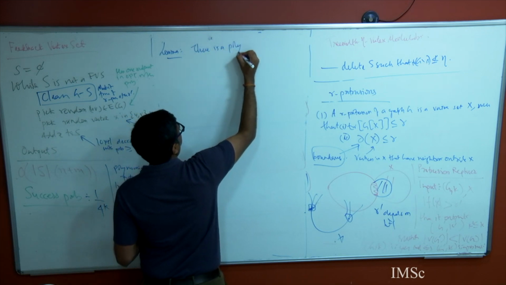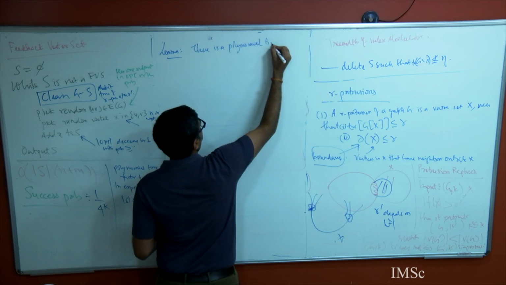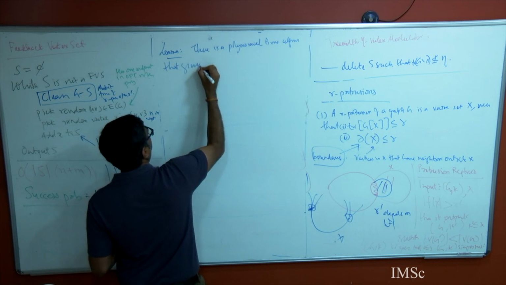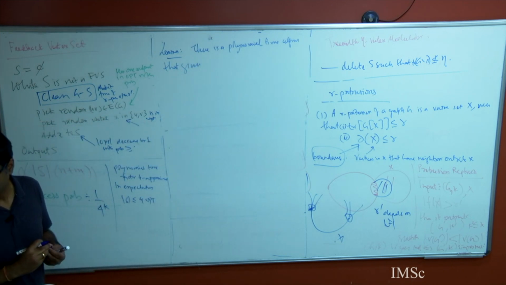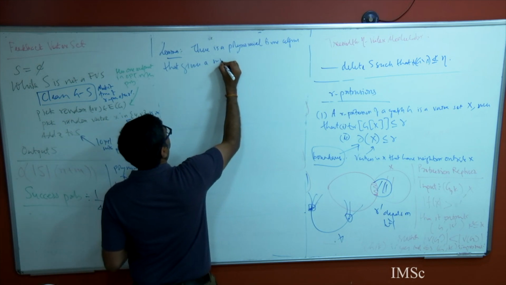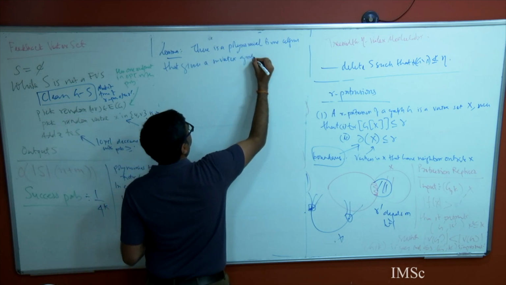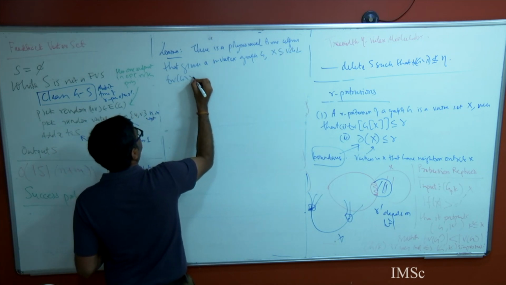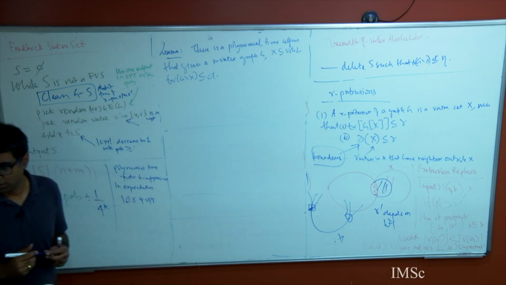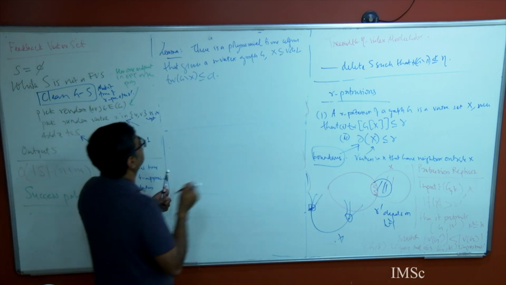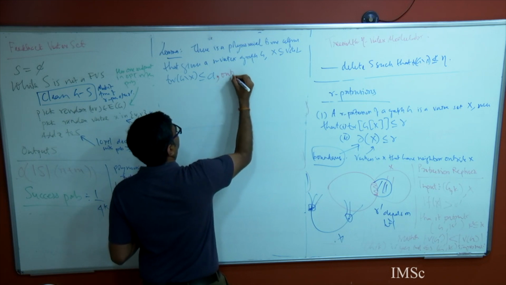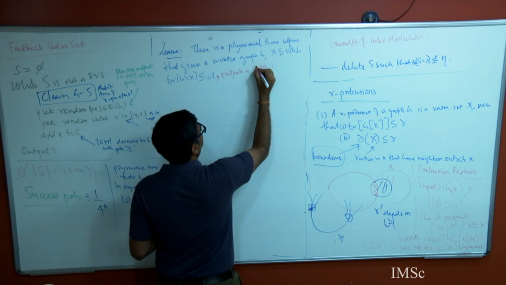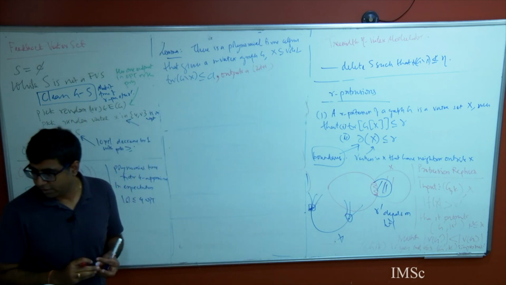There is actually a linear time, or let's say polynomial time algorithm that, given an n vertex graph G and X a subset of V(G), where the tree width of G minus X is at most some d, outputs a 2d plus 1